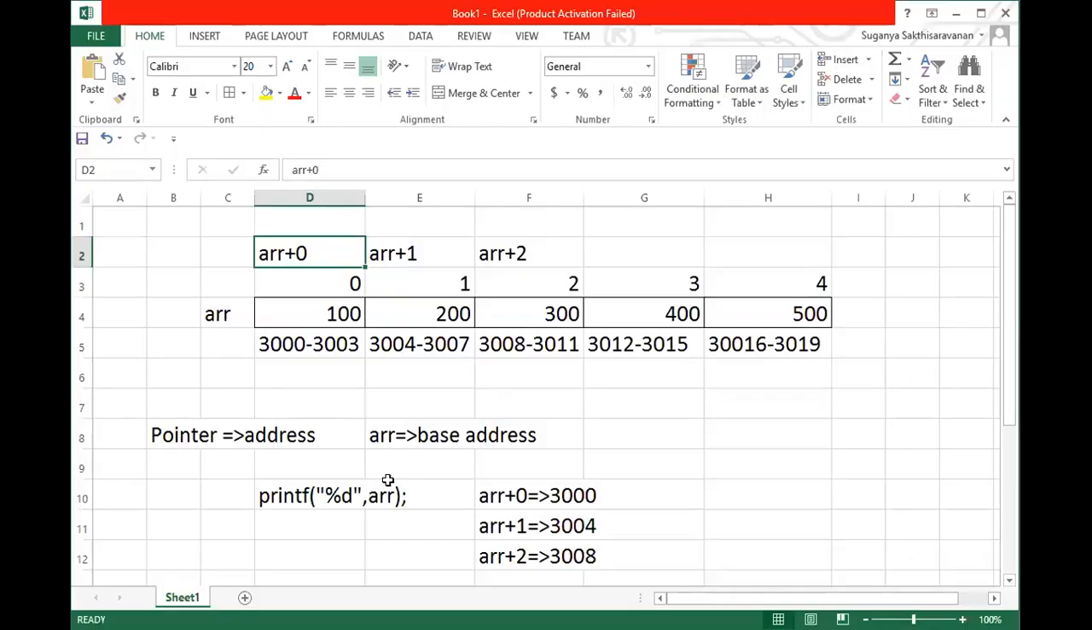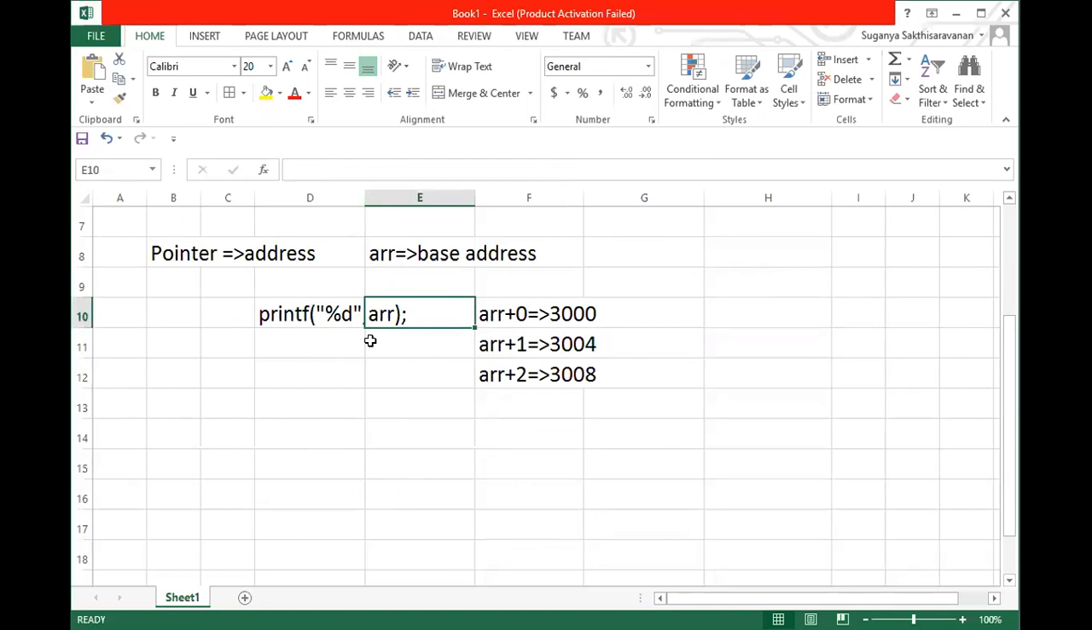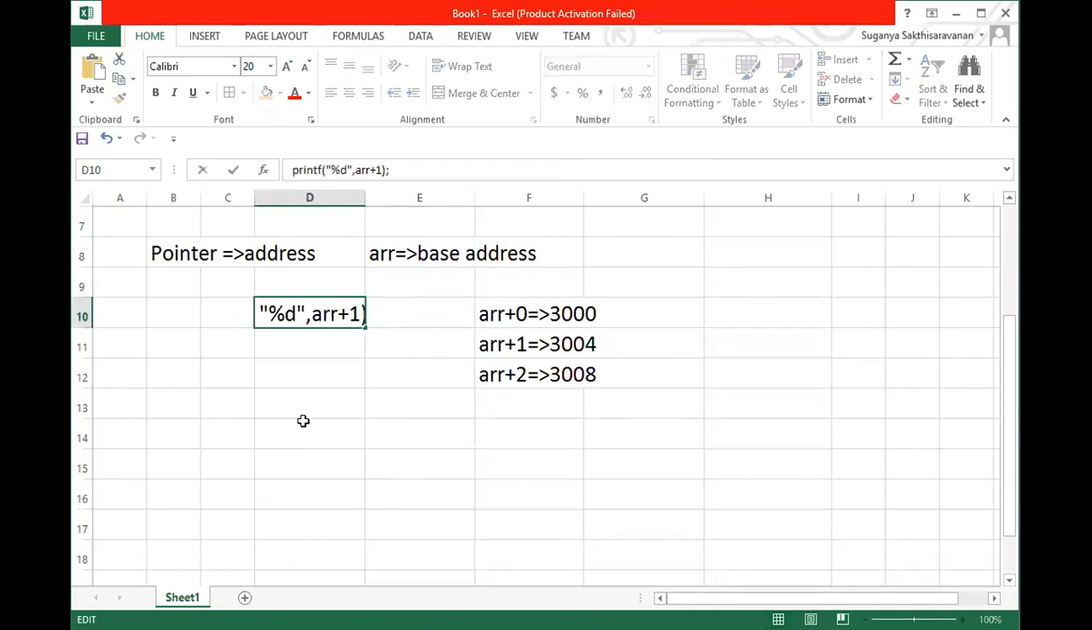If you mention ARR plus 1, you people said that it will go to the first index position. So if I mention printf %d, comma, ampersand of ARR plus 1, where does it point to? If I mention ARR plus 1, it points to the first index. One step it will be going. So if I mention ampersand of ARR plus 1, now